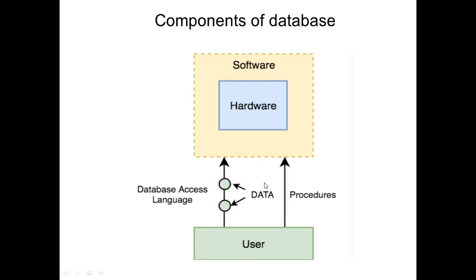Then the third one is data. What is data? It is the input, or it is the resource for which DBMS is designed. The main aim behind the creation of DBMS was to store and utilize the data. Means whatever data you are storing, that should be utilized properly. For example, whenever I am going to create any table in DBMS, suppose I create different fields like serial number, name, birth date, address, then this is the data.